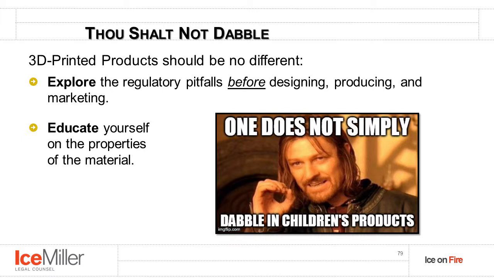You need to start with the analysis of, is this new product substantially different than what I'm making? If so, should I check with my legal counsel to make sure that this is not regulated in some other field? Also, of course, Mike touched on this too, educate yourself on the properties of the material you're using, because that's going to come into play not only when you are required to test it, as you are for children's products, but also you need to know what's in your product and whether it's going to create a substantial product hazard down the road.